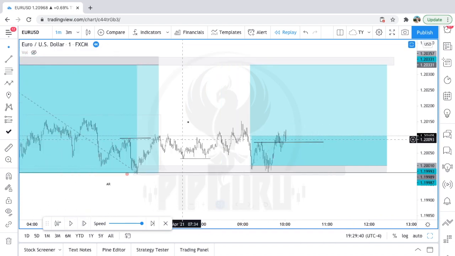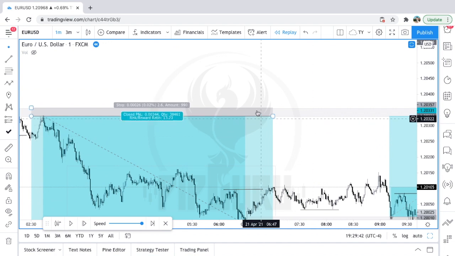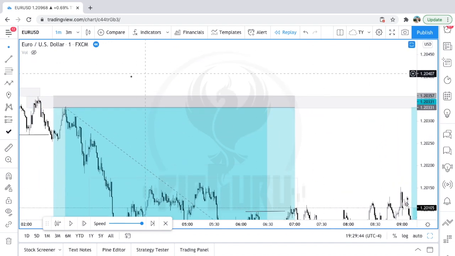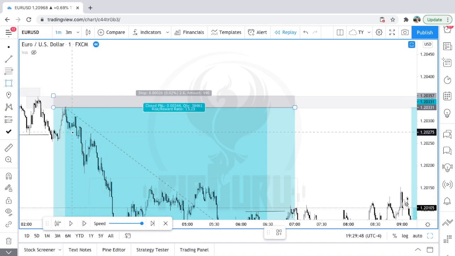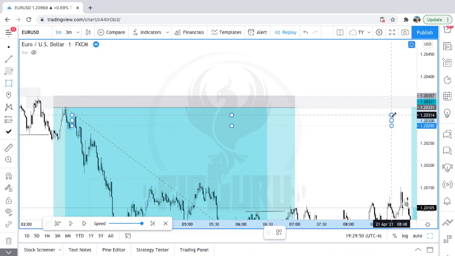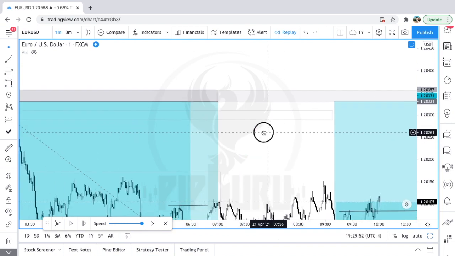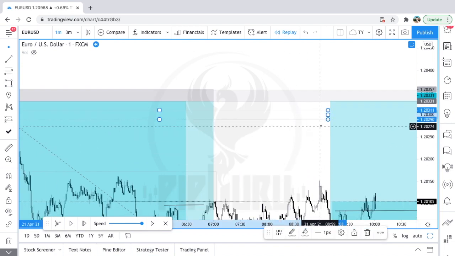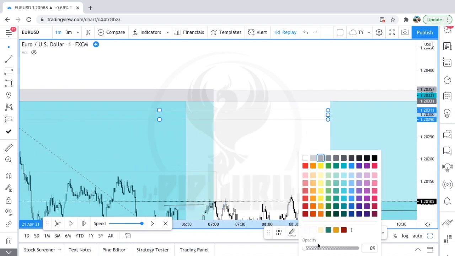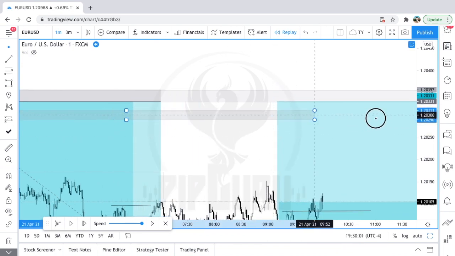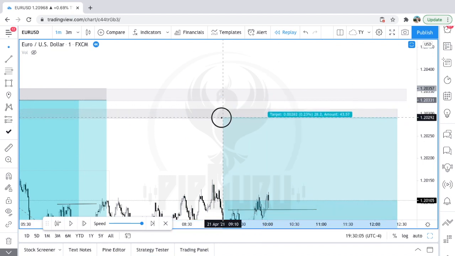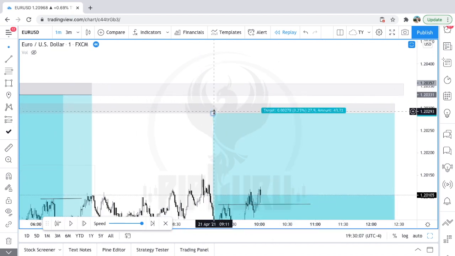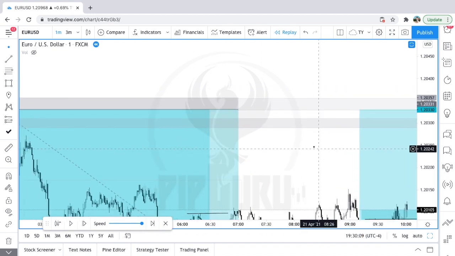And my TP on this trade was, I think it was a candle right around this area. Yeah, I think it was this candle right here my TP was set at, because I was looking for the market to come and retest this area and continue dropping lower, but unfortunately that didn't happen. So let's see, yeah man, my TP was around this area right here, my first TP, and then my second TP was